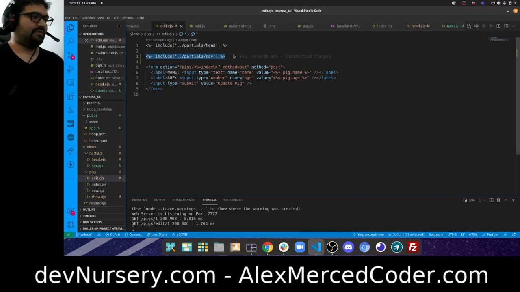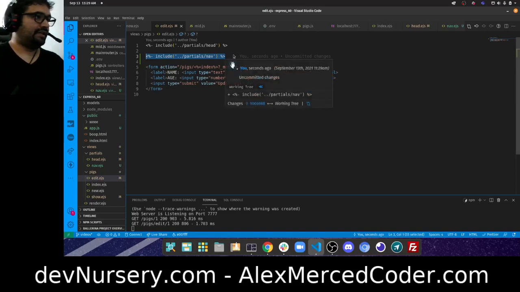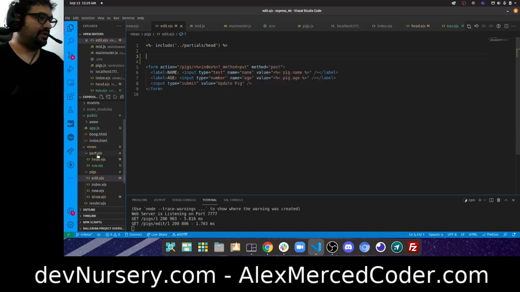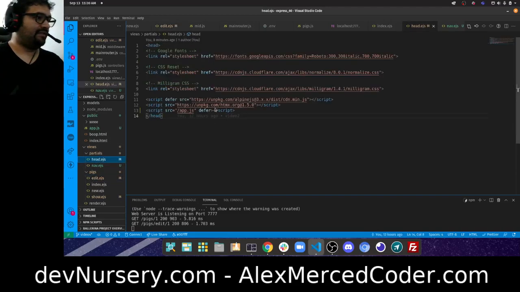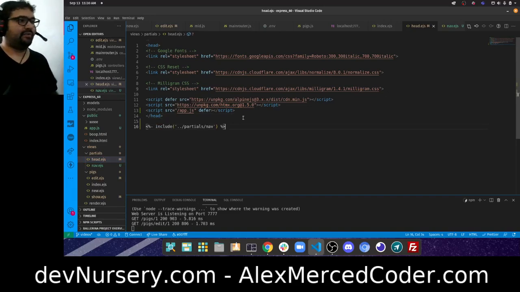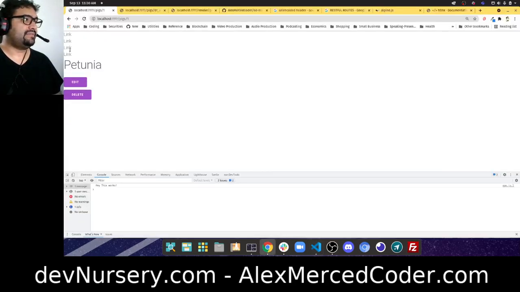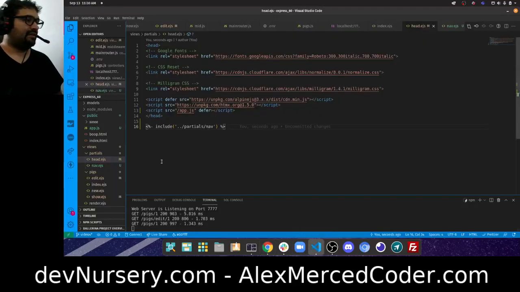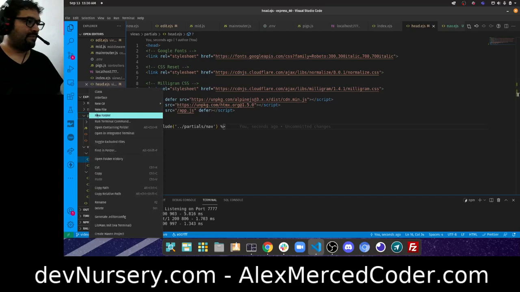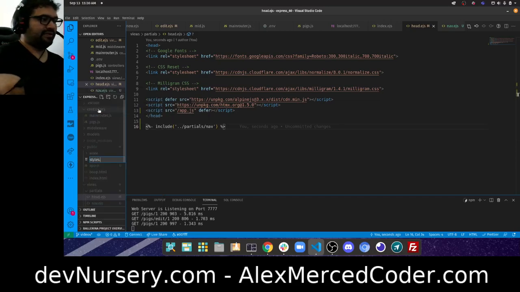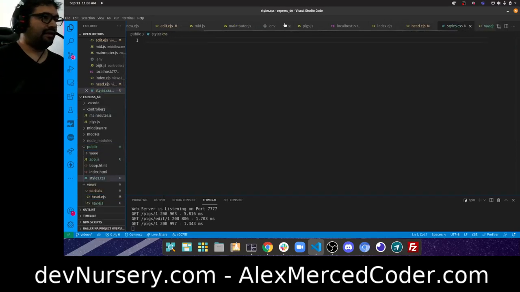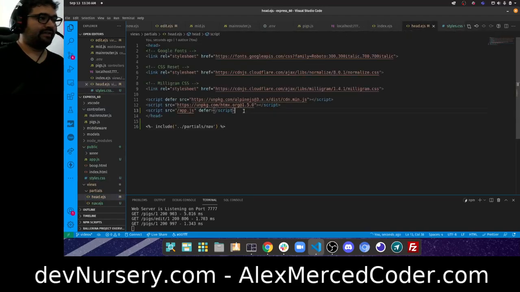And you know what I could do to make this even easier? I could just make this be included in head, so that I don't have to redo all that. So I can just say, boop, that gets included there. And so now with every head, the navigation bar gets included. And now if I hit refresh, see, now I got this bar here. It's not styled yet, so we need to style it. So I'm going to make a CSS file. In my public folder, I'll create a styles.css. Then in my head.ejs, I'll include a CSS tag,